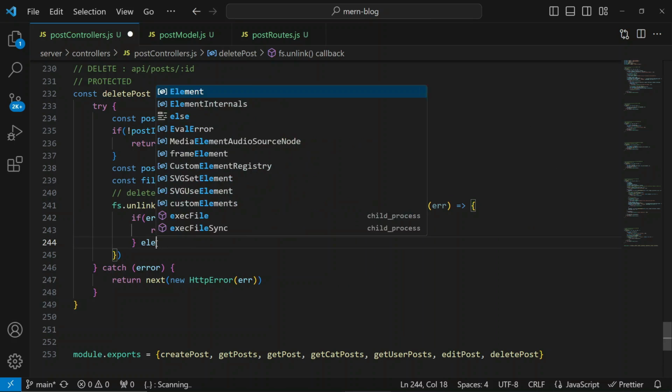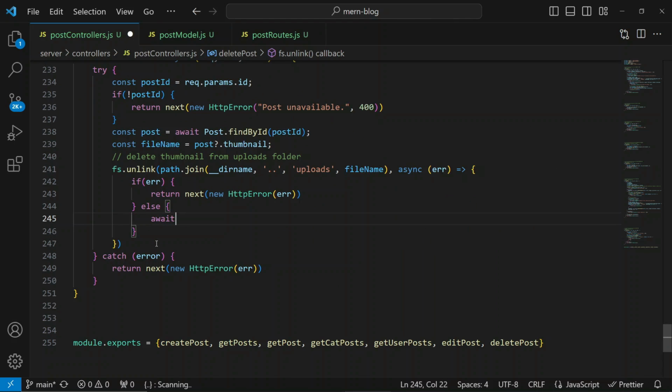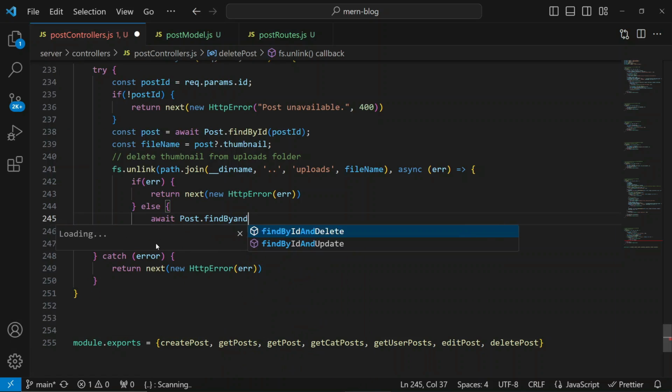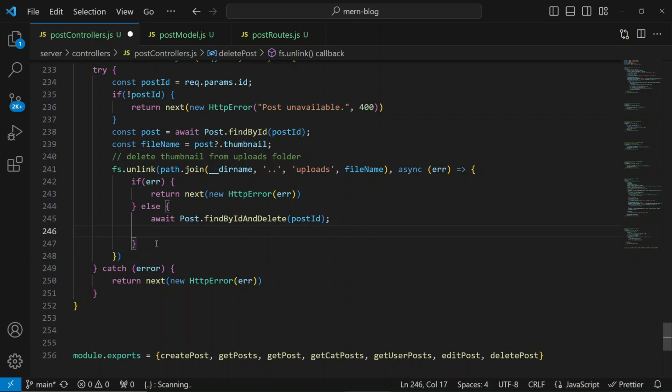Else, if everything went well, then we can proceed to delete this post from the database. So find by ID and delete, and pass in the post ID. Right, perfect. Now once we delete a post, we should decrease the post count of the user or the creator